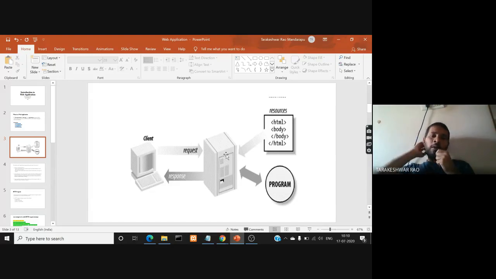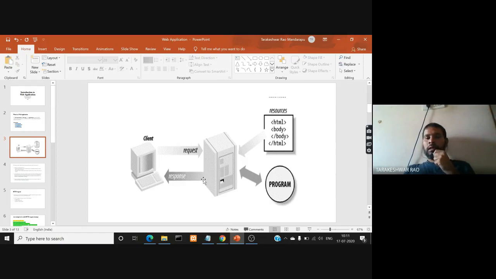So how will the browser know that this request must be sent to a particular server? Every server will have a unique name for identification. That unique name is nothing but the URL that you type in the address bar, www.xyz.com. In this case, I have opened the Flipkart application. So the URL for it is flipkart.com.